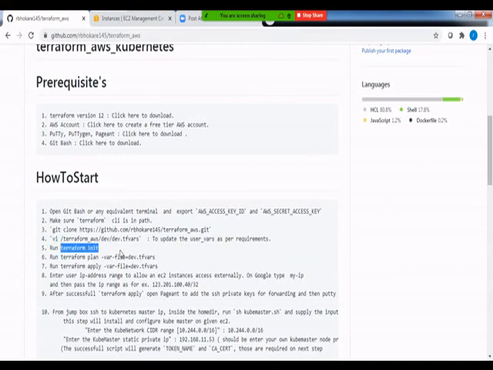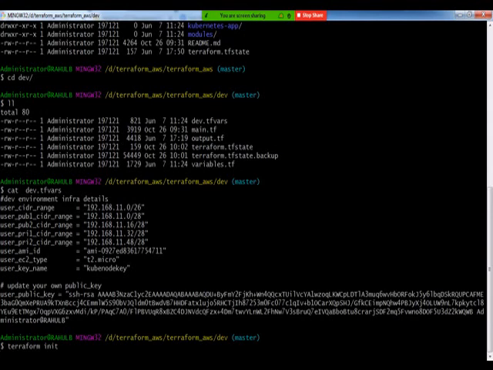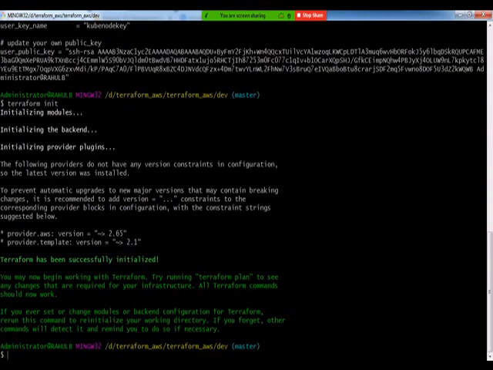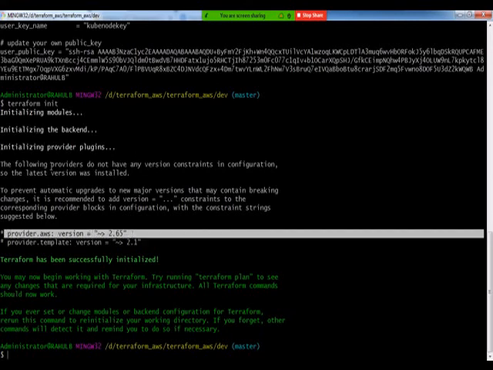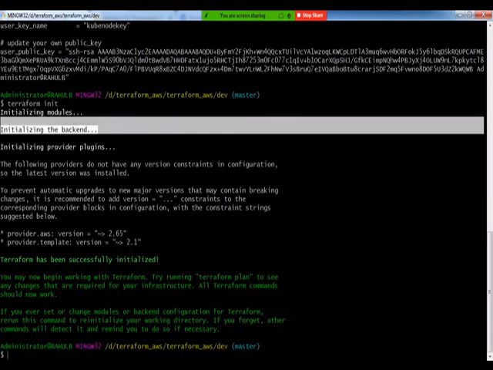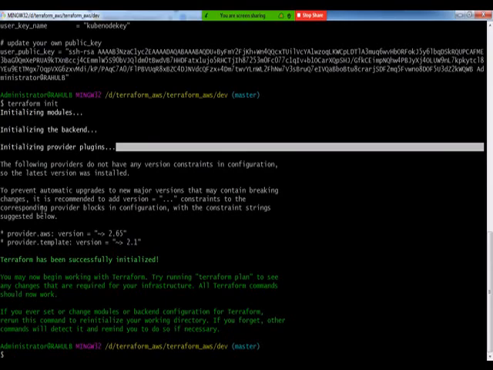So I'm just copying it and executing Terraform init. Terraform init is a command which is gonna initialize all sort of modules that you have defined. It's gonna initialize your provider, which is AWS in this case. So the provider initialization and the module initialization is something that Terraform init has to do. Whenever there is a change in a provider or in a module code, you should execute the Terraform init command as a prerequisite to load your changes with respect to module as well as provider. That has been done, and it has initialized the backend and all sort of provider plugin as well as module.